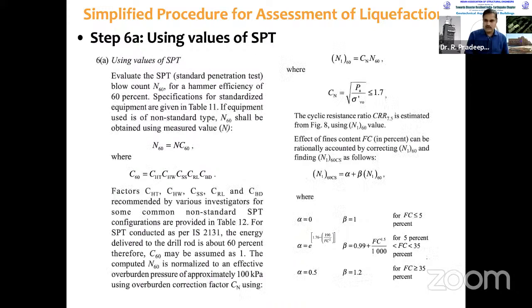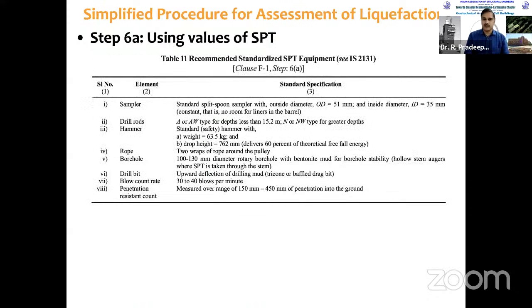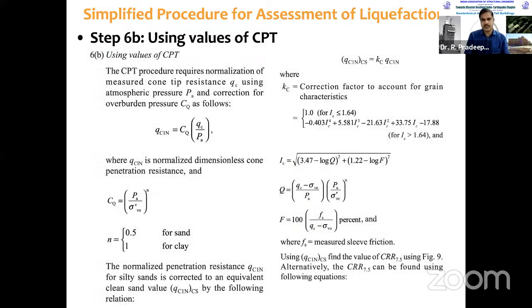Some details are given on how to get this N1, but finally uncorrected N values, then corrected N values, then overburden pressure correction, and then finally you will get this CRR 7.5 value,